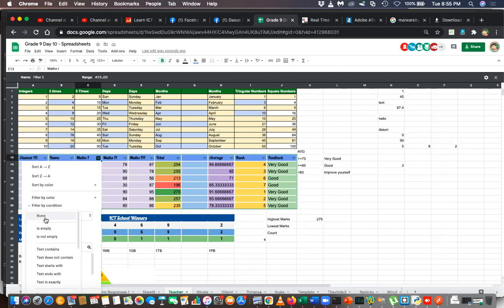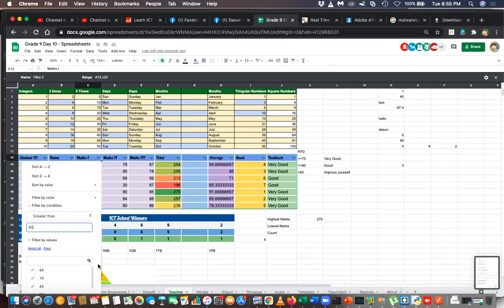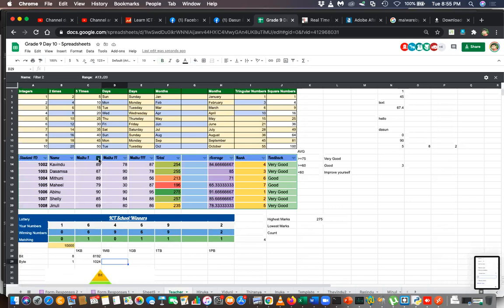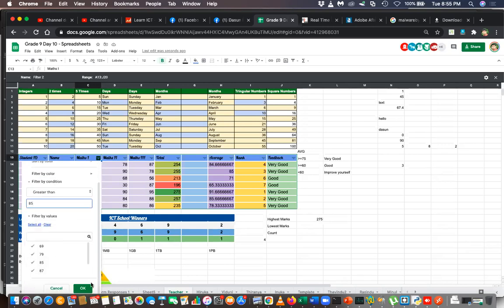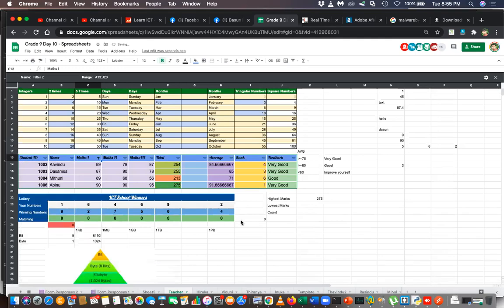Or you can select greater than, is greater than the value 85. So this is how you are going to select your filter. And after filtering, you will get the data greater than 85. But you have to click OK to get that data filtered.